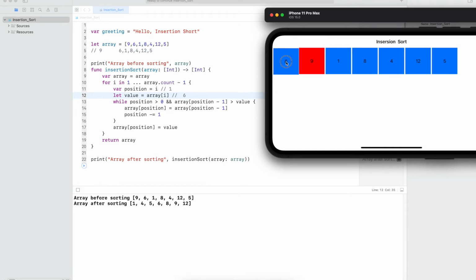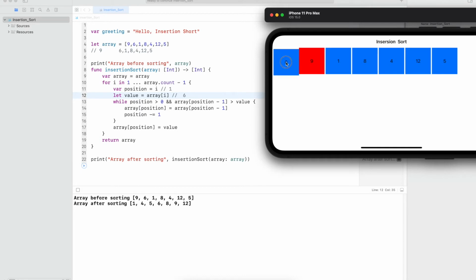Then we'll decrease the position. The value of position after reducing by 1 will be 0. So the while loop will exit, and there is no more element to be compared since it was the last element in the sorted array.